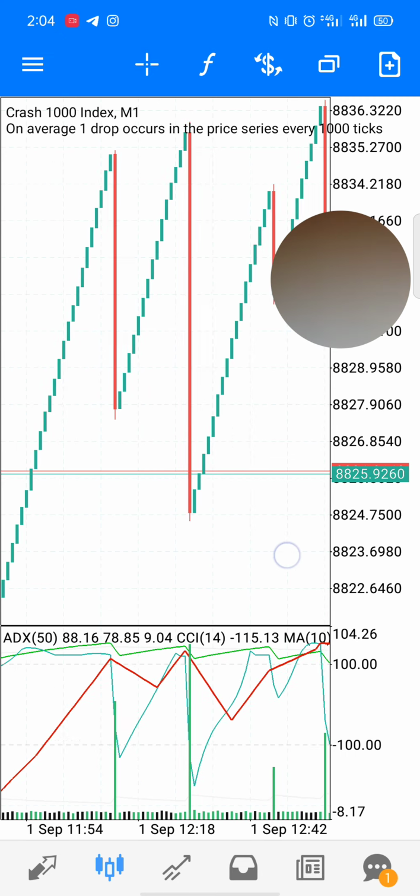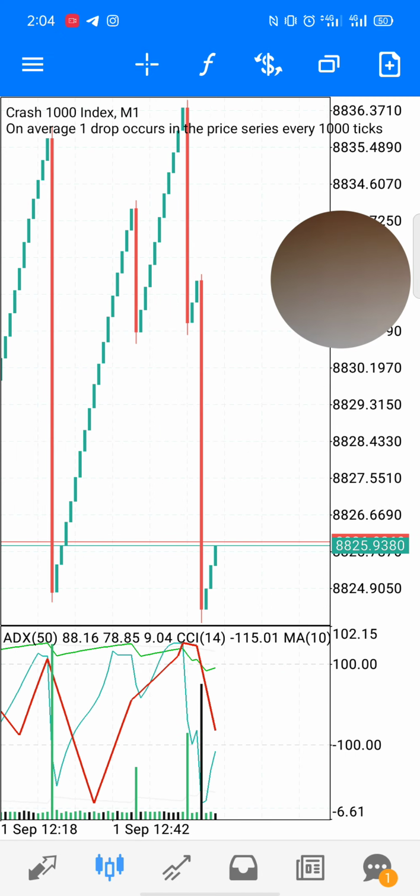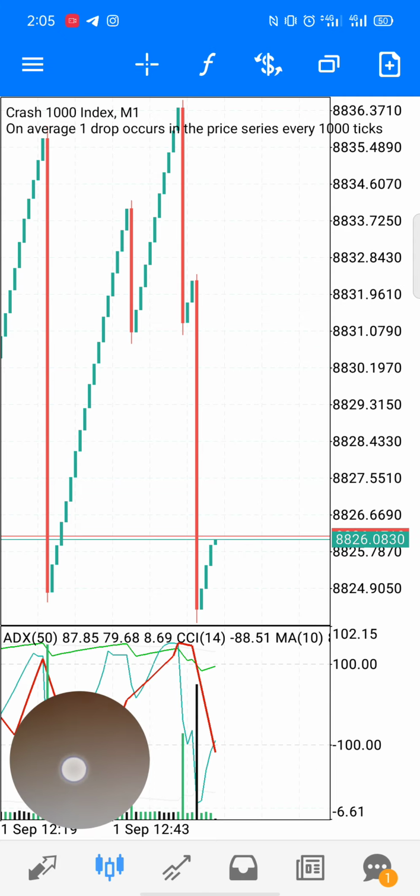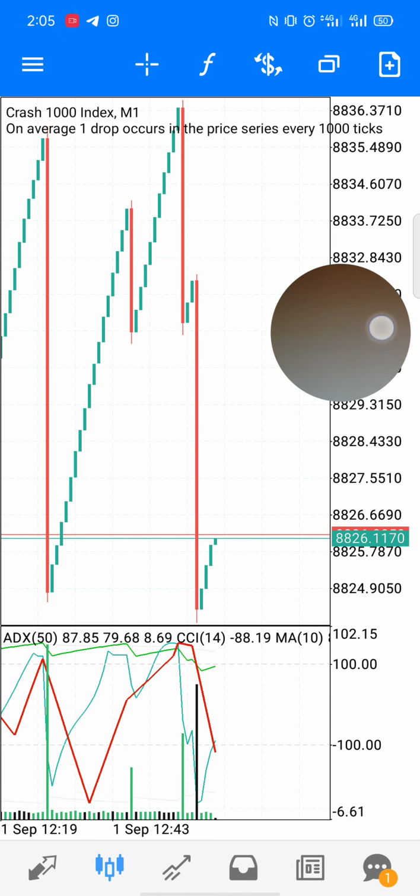Okay, and we are using the 1 minute time frame for this strategy. You can as well make more confirmations from the 5 minute and 15 minute time frames using this strategy, guys. Very powerful strategy for Crash and Boom. Okay, this is what you need to watch out for in this strategy, guys. First thing to watch out for,